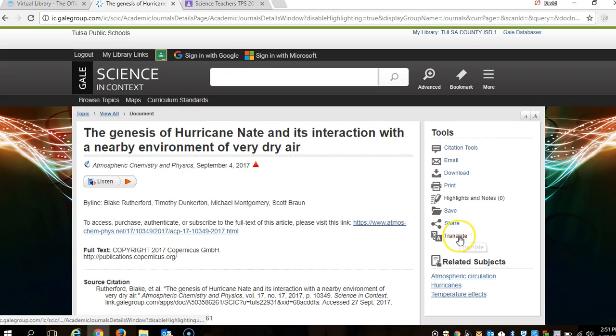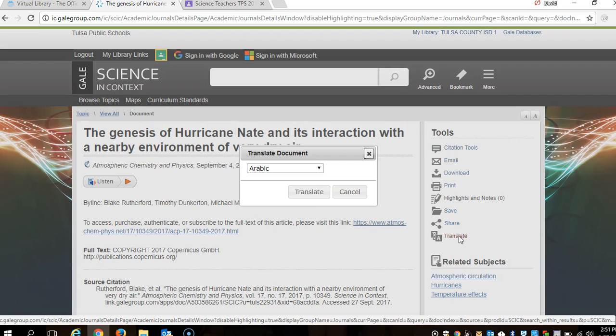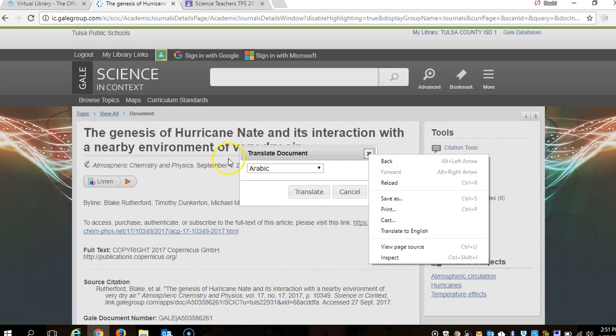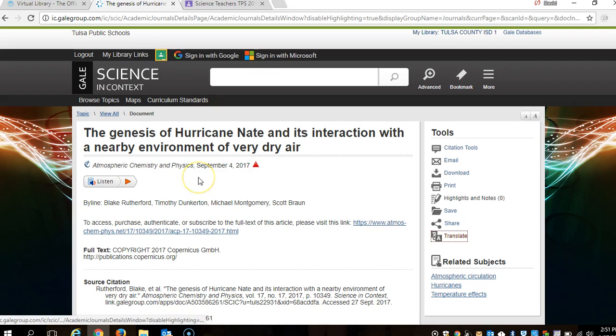First of all, if it's an English language learner, this article can be translated into many languages, not all the languages that our students in Tulsa Public Schools are speaking, but there are several choices, and it is definitely beneficial to English language development if they are able to read the information in their native language and also in English. It helps both with comprehension, and it also helps them develop their English language skills.